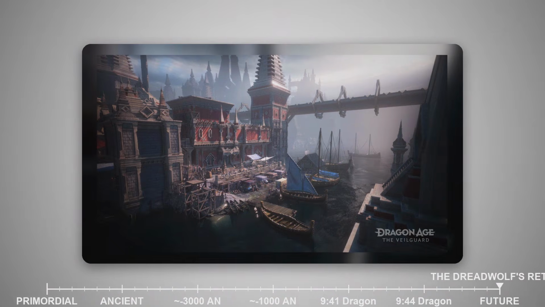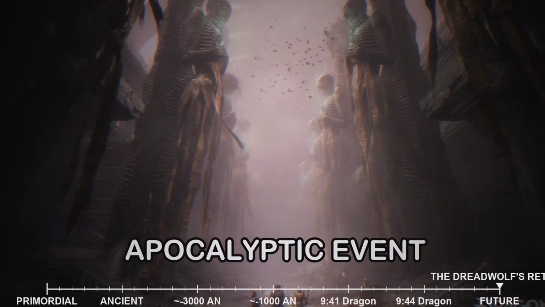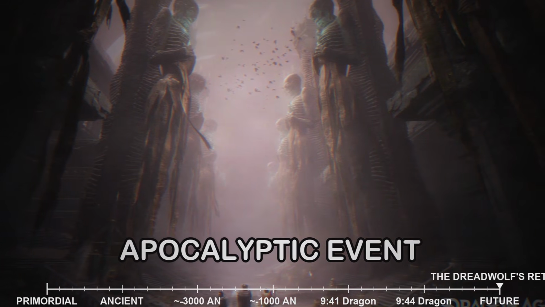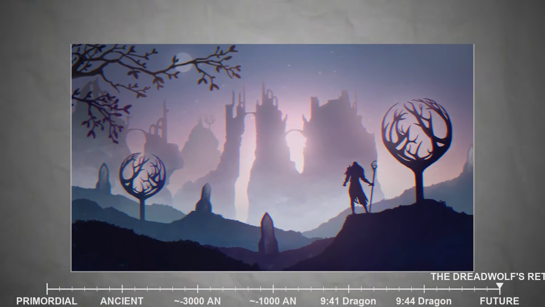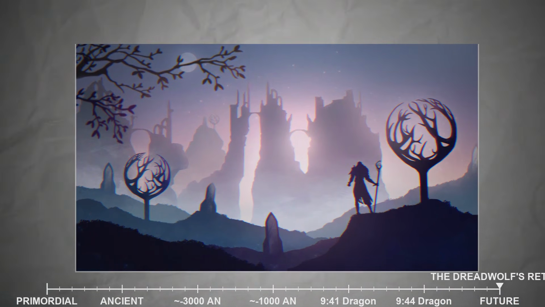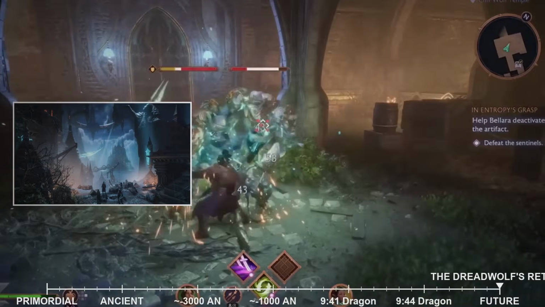The tearing down of the Veil would not merely be a magical disruption, it would be an apocalyptic event. The very laws of physics would unravel, the Fade would merge with the physical world, and the countless spirits and demons contained within would pour forth without restraint. Entire cities, civilizations, and indeed, all non-elven races would likely be annihilated in the ensuing chaos.